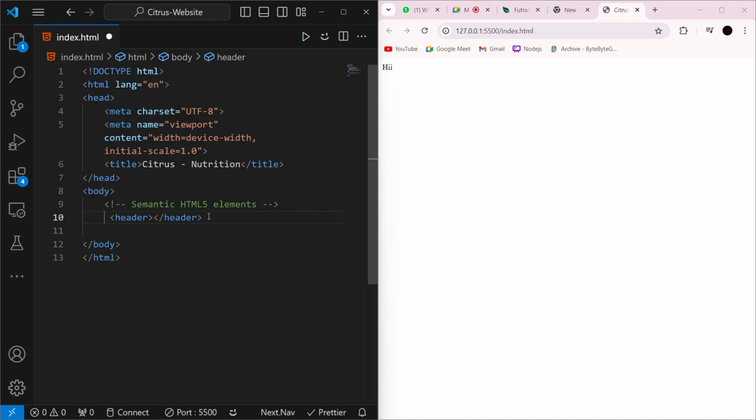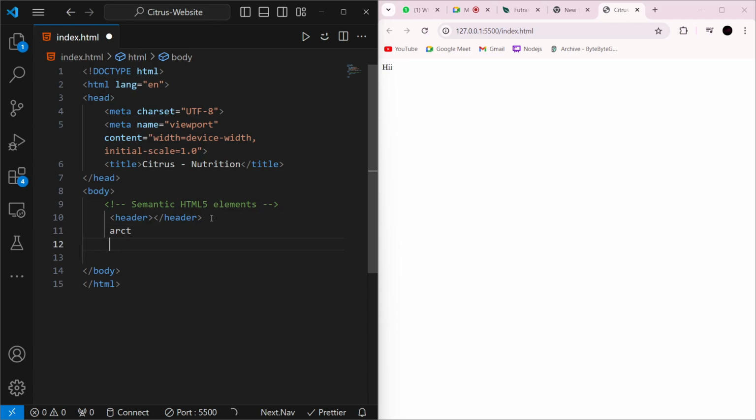By the meaning of it, you can understand that header is going to be at the top of the page. So the developer can understand this header and the browser can also understand this header. So these are called semantic elements, by their meaning. Header represents the top, so that both the developer and the browser can understand. There are also other semantic elements like